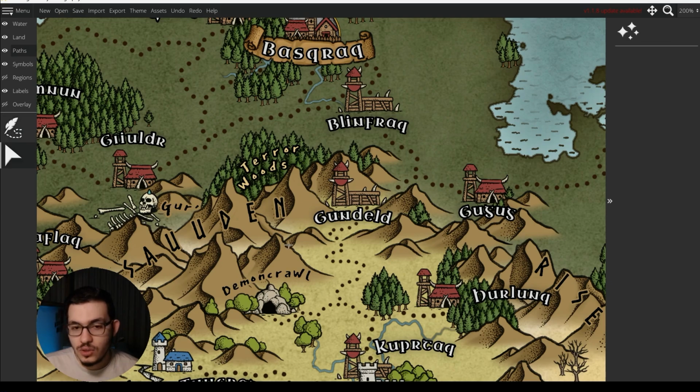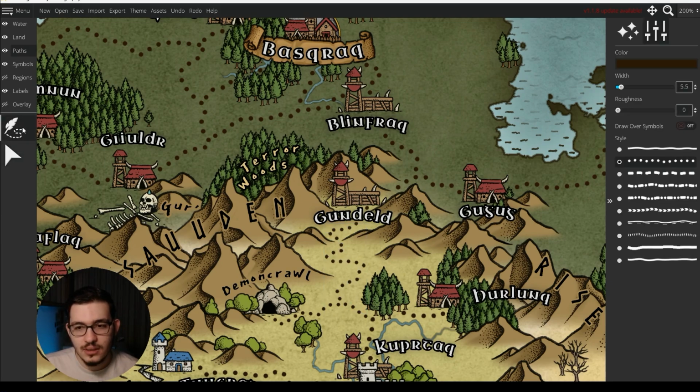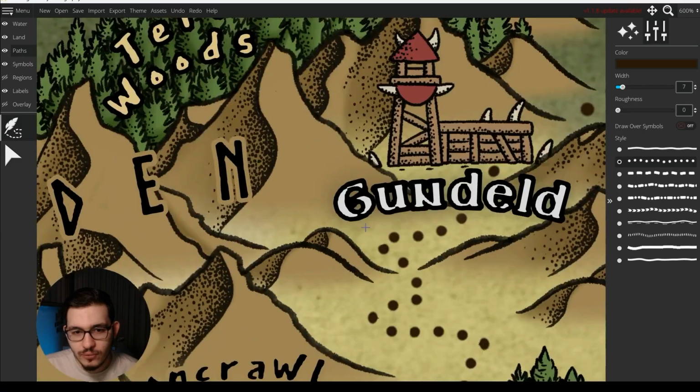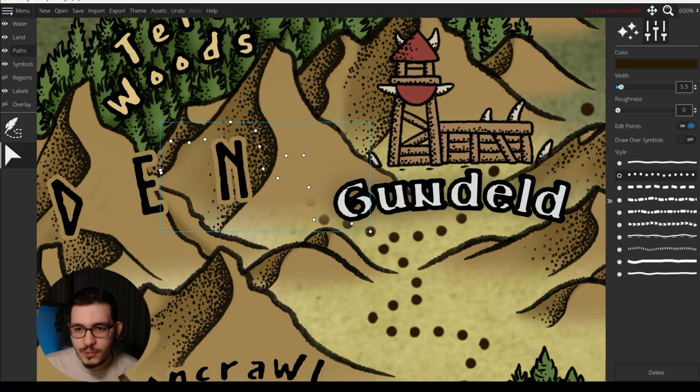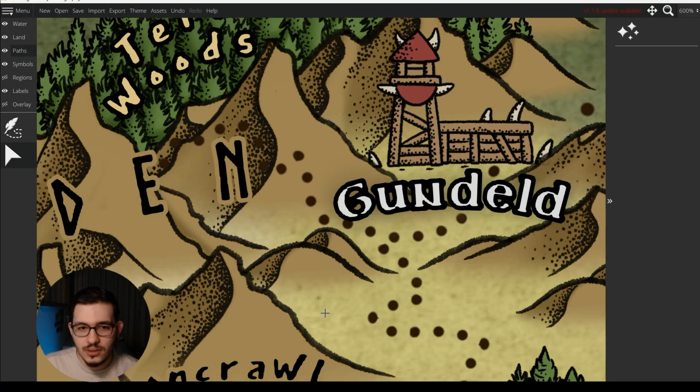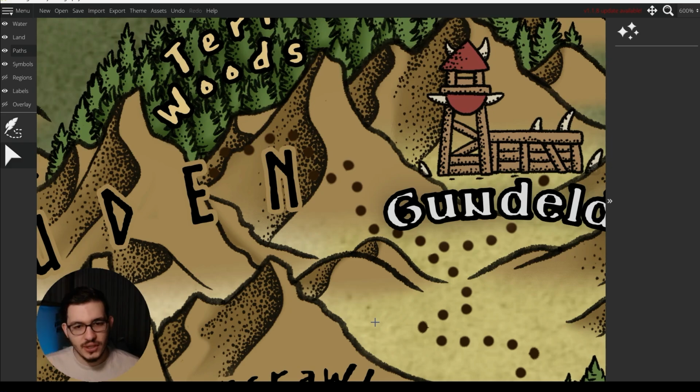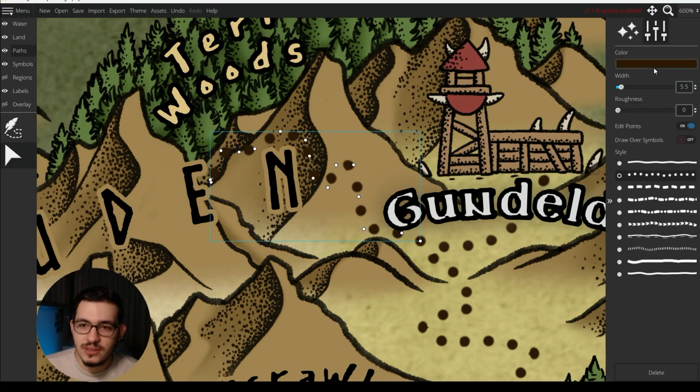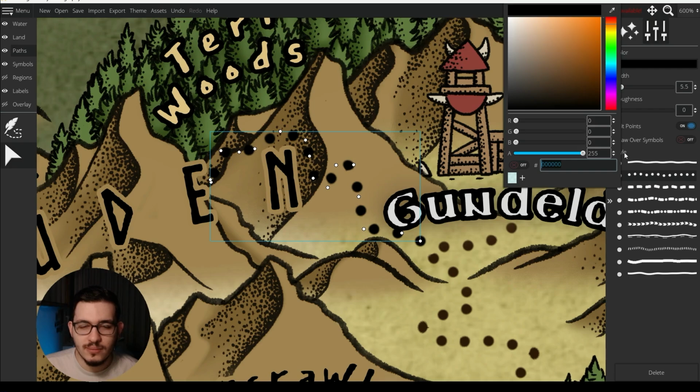Or if you need to go on top of it and show that for some reason, you could also do it. But for that, just make sure to separate your path from the others, because you will need to use the draw over option here. And maybe you could also do a different color for this one. Maybe you could make it more black.